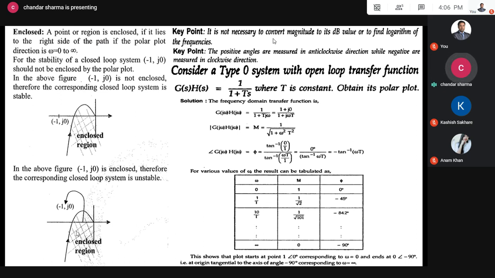The key point here: is it necessary to convert magnitude to its dB value, or is it not necessary? In polar plot, we do not have to convert value into decibels. It is not necessary to convert magnitude to its dB value or to find logarithm of the frequency. This is important. The positive angles are measured in anti-clockwise direction, while negative angles are measured in clockwise direction. So here I consider one simple